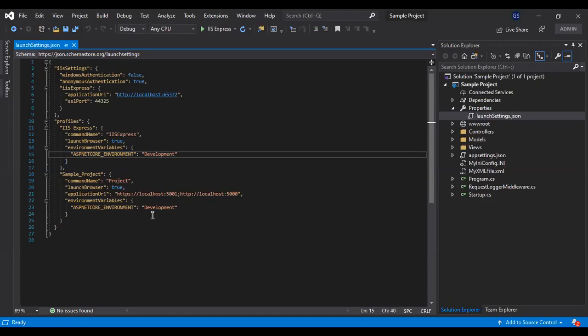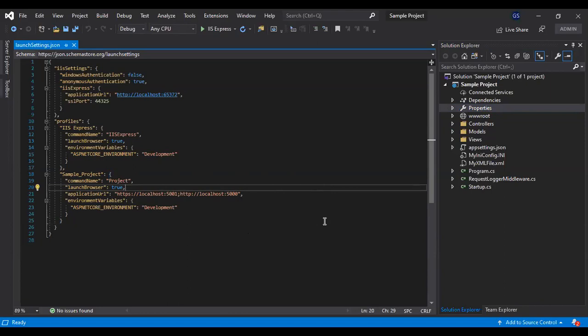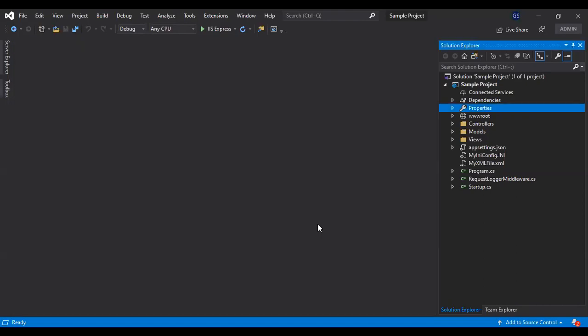Another question that comes to our mind is how we can set the environment variable for staging and production, because we don't have control over them. In staging or production, we typically set this environment variable in the operating system, and that is done by your deployment engineer or the configuration engineer who manages the servers. If we have not explicitly set the ASPNETCORE_ENVIRONMENT variable, it is set to Production by default.